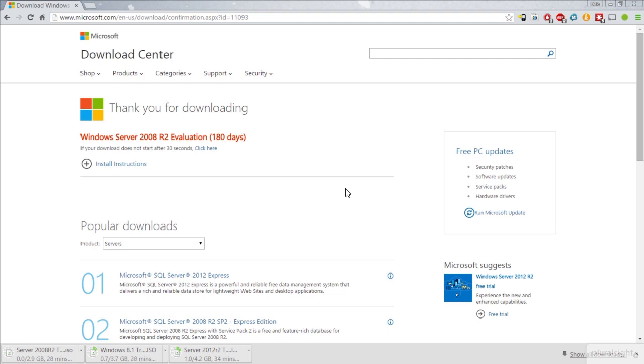Now, going after Windows 7 is a little bit more difficult, and the reason behind that is because, again, Microsoft is wanting people to not necessarily try Windows 7. You more than likely are using it already. They'd prefer you to actually use Windows 8.1. So if I go back to that previous Google search,